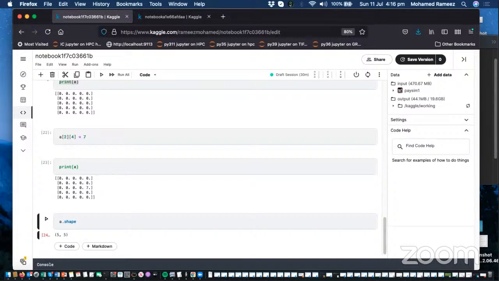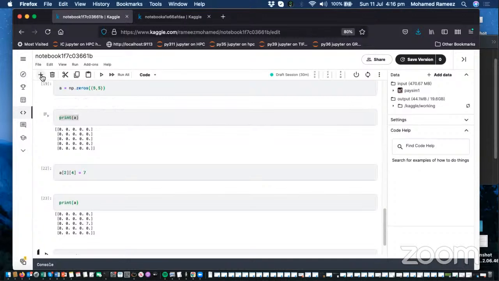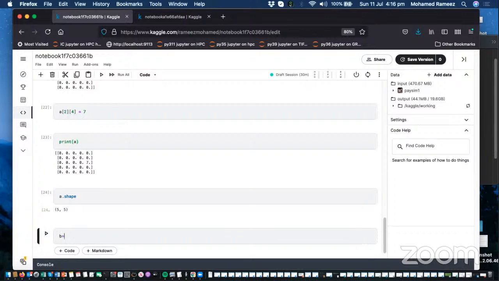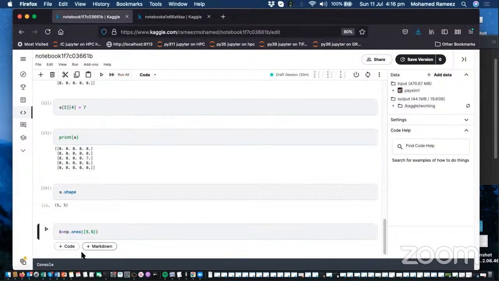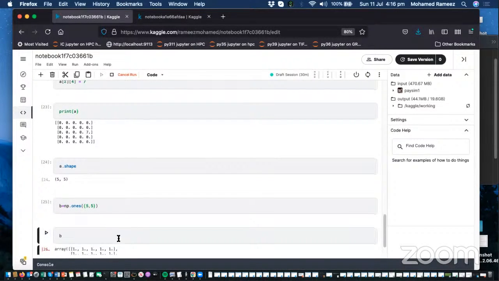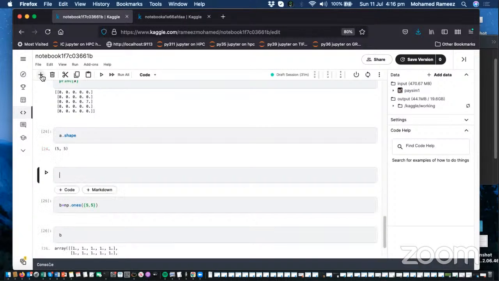Just like you have np.zeros, you can also have np.ones. So b equals np.ones of 5, 5. This will give you, let's say, a 5 by 5 array of ones. These are just quick ways to declare arrays, but you can also get, for example,